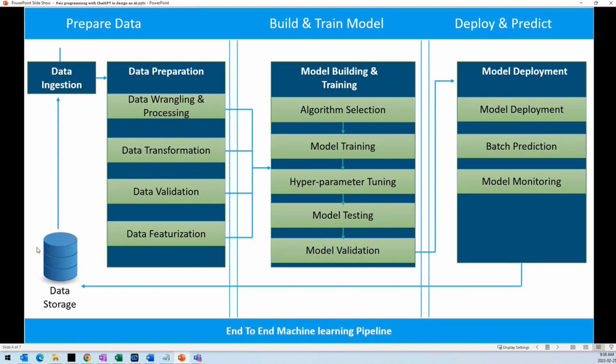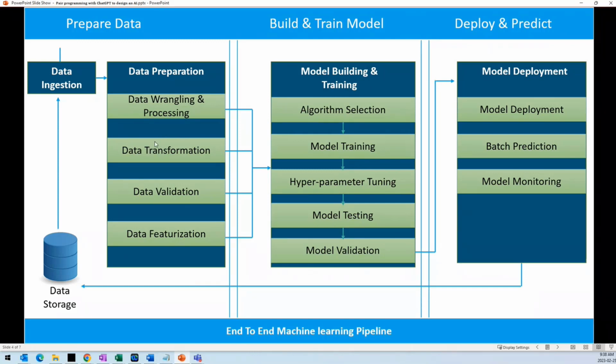And then we need to do the data ingestion. Once we do the data ingestion, we need to do a lot of data processing. So we need to look at the data. We need to do data exploration. What is in the data? What are the types of data format or column types we have? Do we have missing data or not? We need to do data validation, which is like finding the missing values. If there are missing values, we need to impute them with some values. We need to change the data type from one to another. We may drop some data columns, that kind of thing. So data preparation is one of the biggest parts of